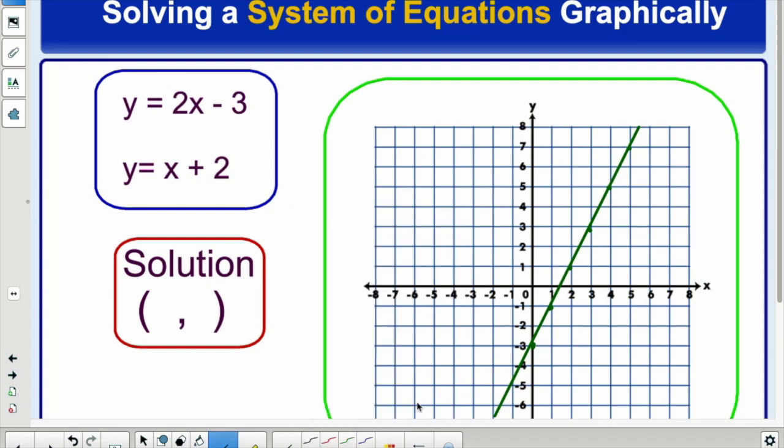And I'm going to graph the other line in blue. So y equals x plus 2. That would be starting at 2 and goes up 1 over 1. And when I draw my line,